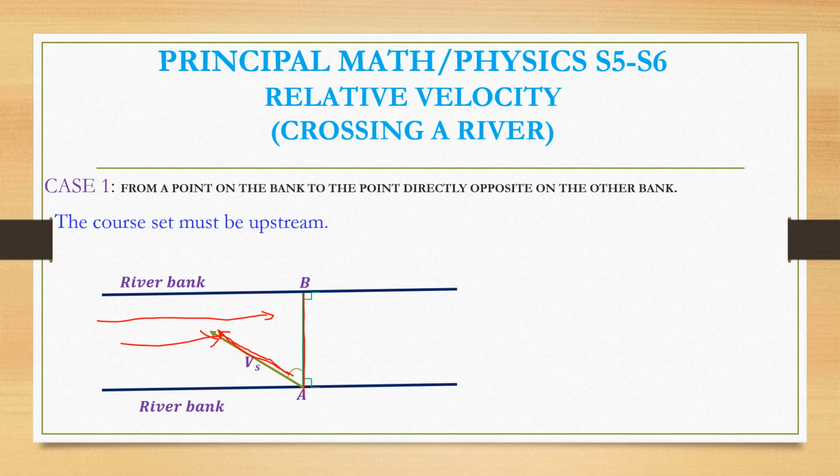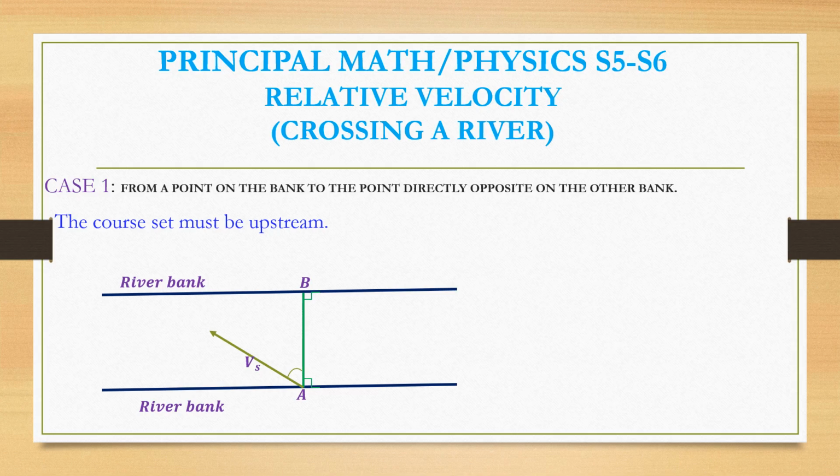So within that time frame, he ends up at spot B that is directly opposite to him. So that is the advice we should give to a person who wants to land on the other bank at a point that's directly opposite to him. So he has to sail with a course set